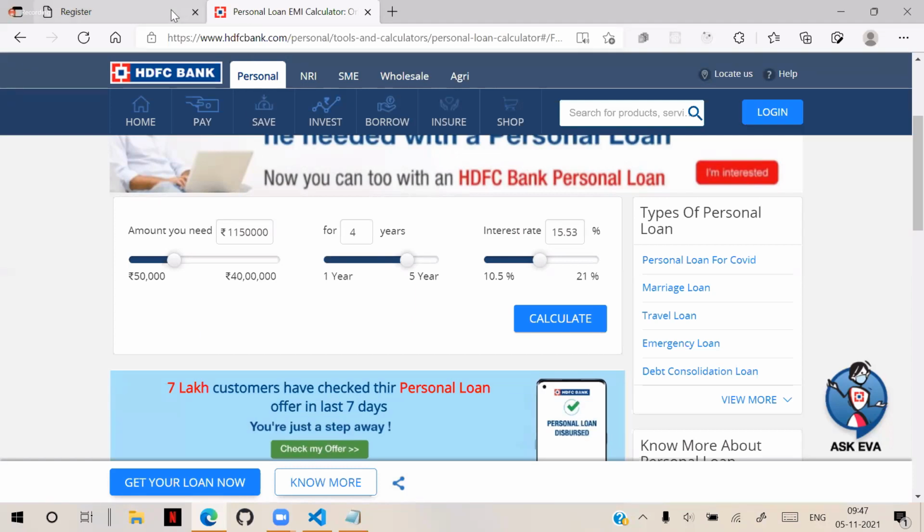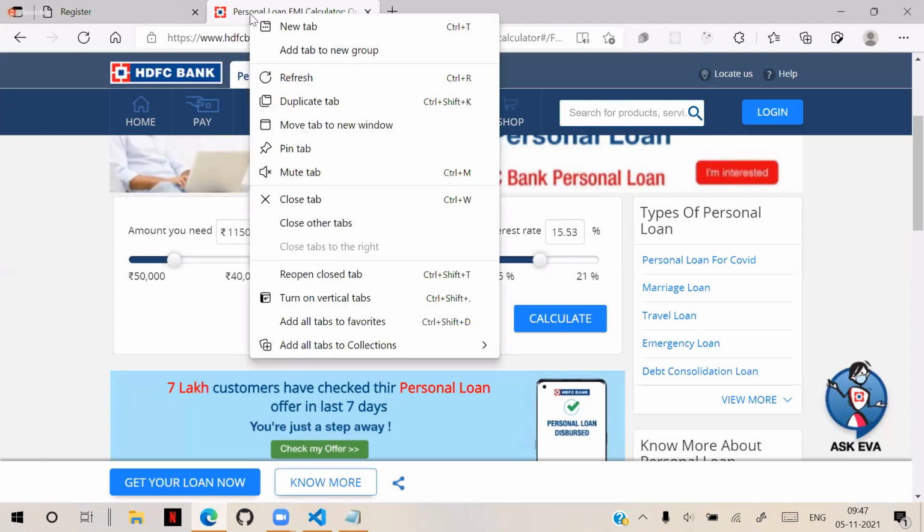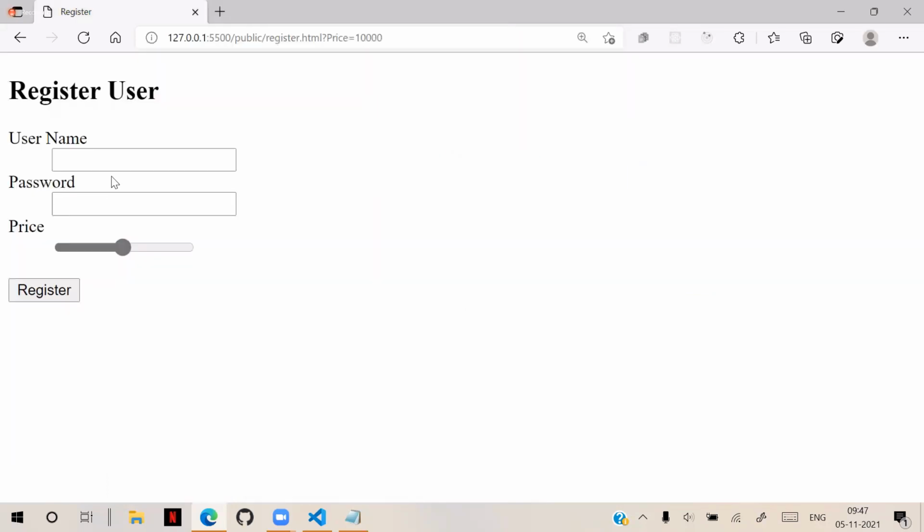So in HTML, you can only design it. You can see this is the slider. Unless you submit it, you don't know the value. But if you want to know the value while sliding itself, you can achieve that by using JavaScript